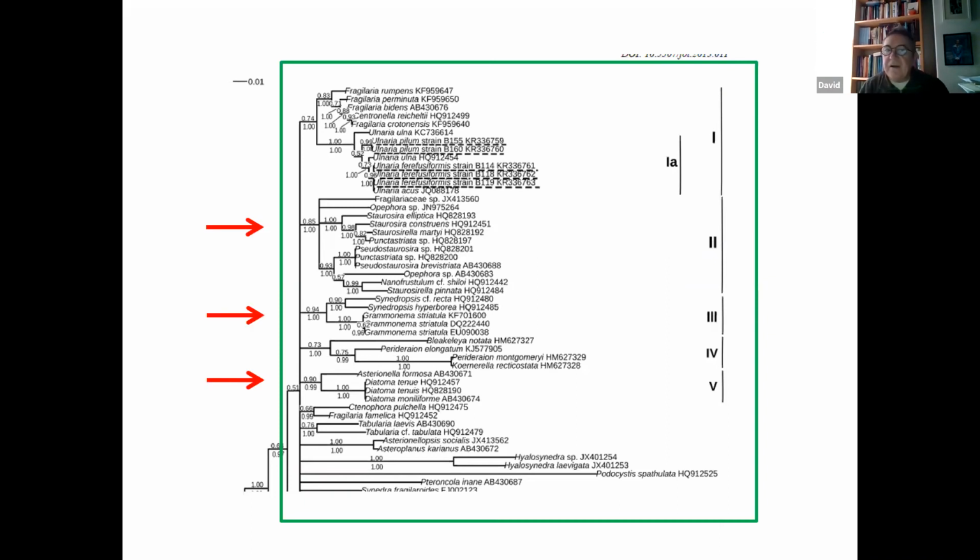I put these red arrows here because the different hierarchies must have some kind of synapomorphy to support them. Here, the 3 red arrows point to where spines occur in each one of these groups. So spines is a character of this larger group. They're not a character of Fragilaria, they're not a character of Ulnaria. They occur all the way through. So that's a synapomorphy that occurs way down the tree, if you like. Again, it's find the synapomorphy. Where does it fit in that hierarchy?